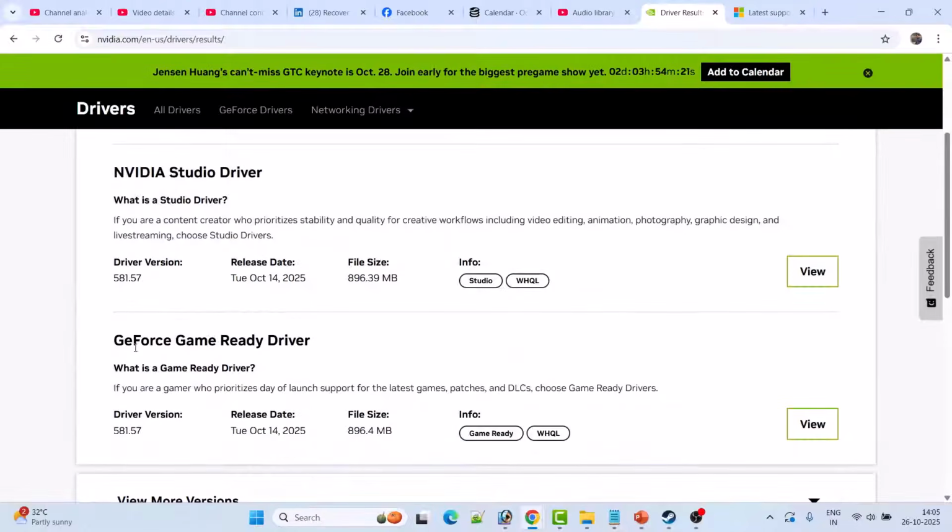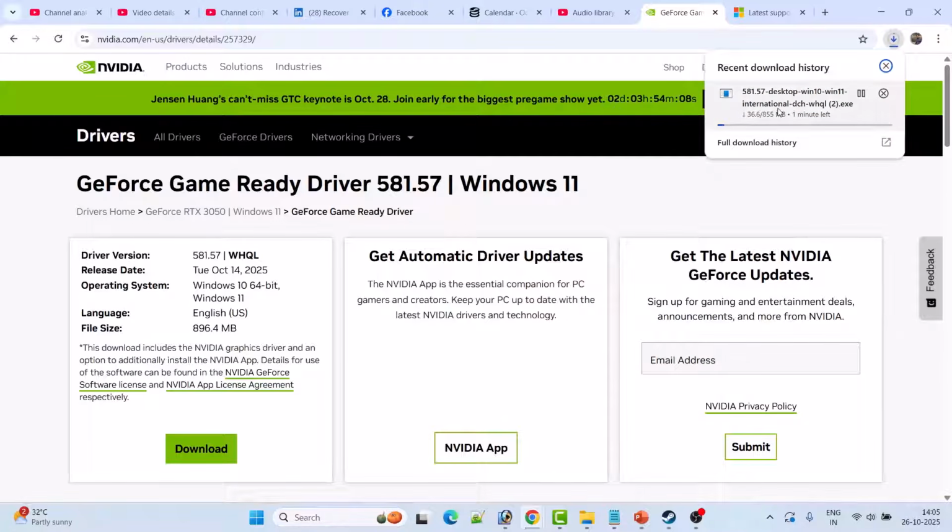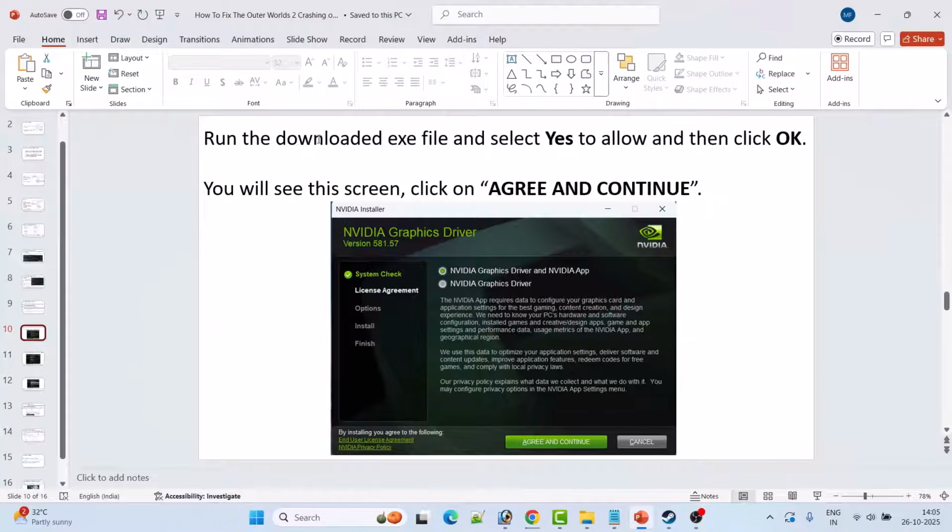Scroll down, you have to download and install GeForce Game Ready driver. So whatever is the latest version, you have to download and install it. So click on view, then click on download. And once this exe file gets downloaded, then run the downloaded exe file and select yes to allow